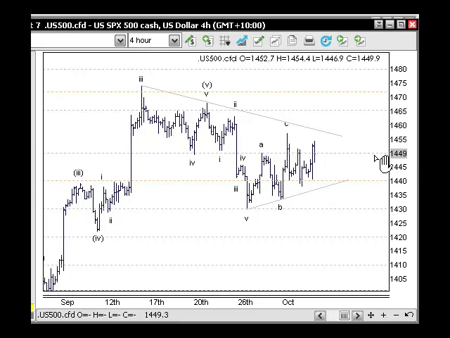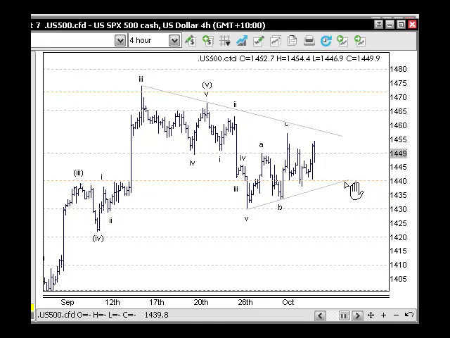Not to say that it can't do it, because it actually hasn't failed yet. The point of failure would be the 144 here, breaching that in a clear way, or better still, finding that as resistance. So that's really the sort of overtone for the market. Even though they're creeping up there a little bit, we really need to be mindful that this can fail